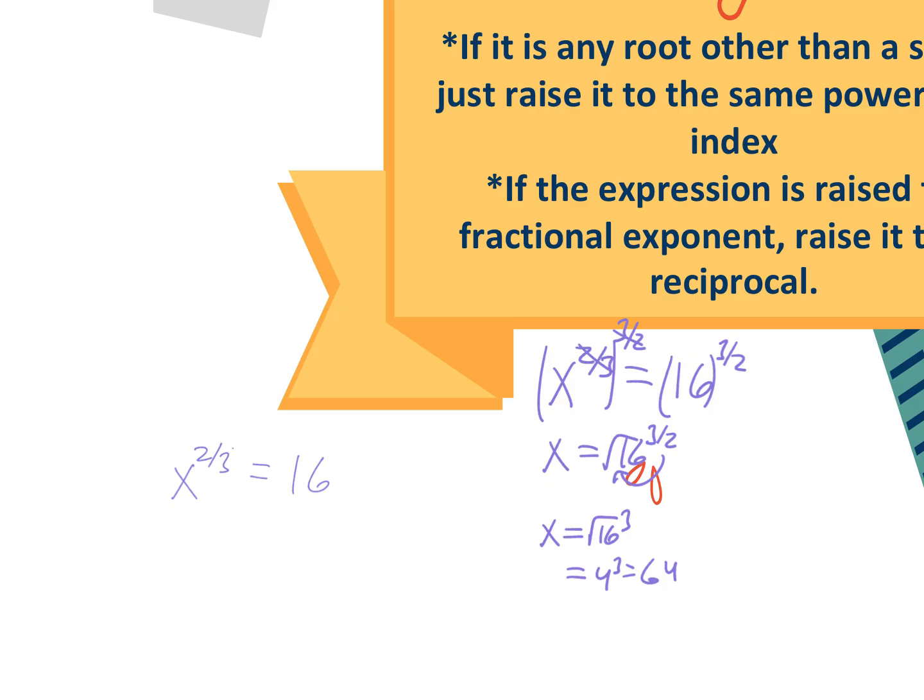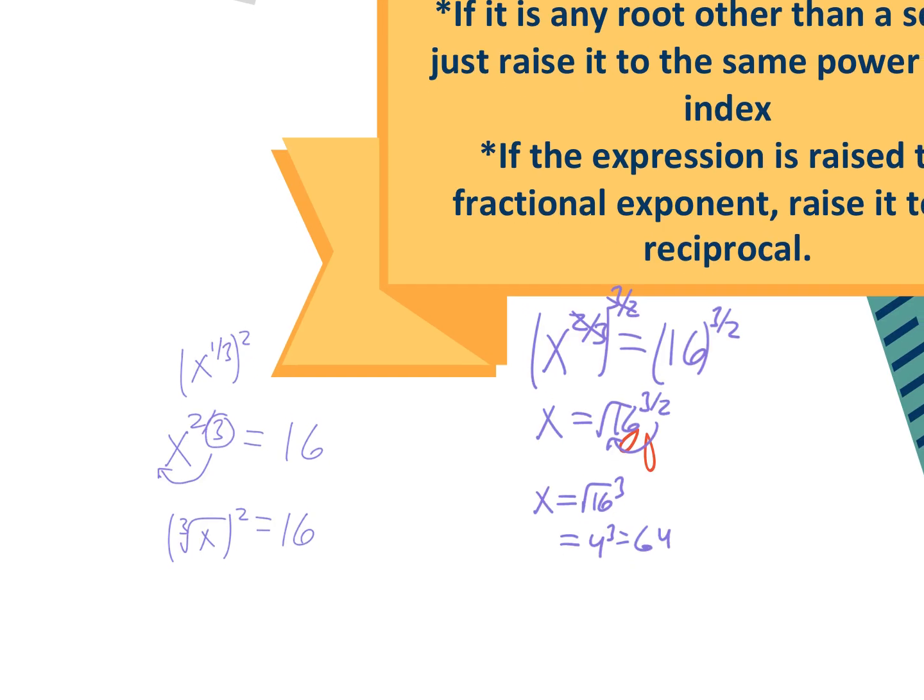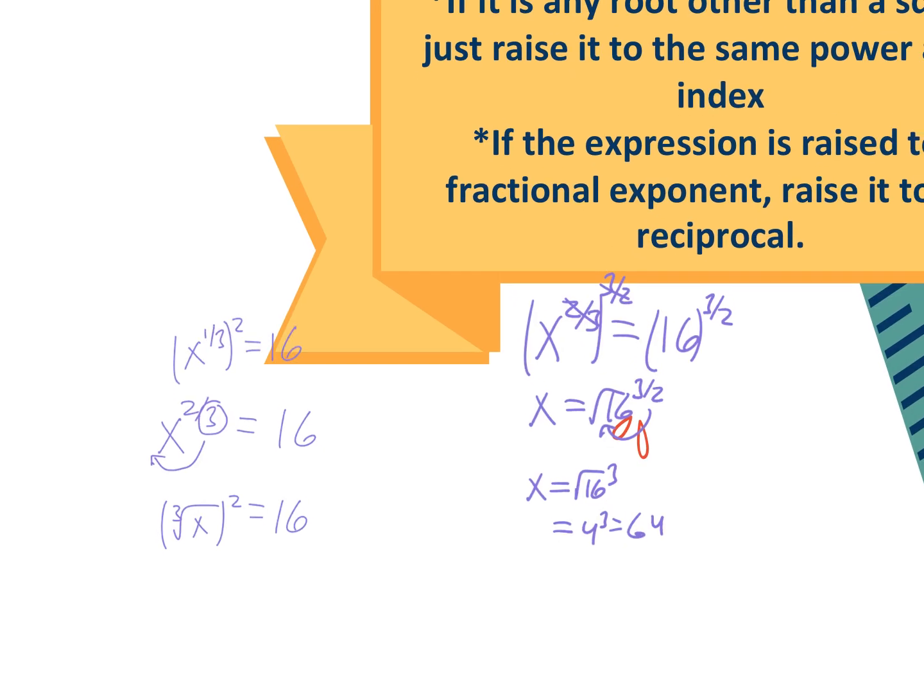So keep in mind, this denominator can be written as the index of our radical. So it's going to be the cube root of x all to the 2nd power equals 16. Or you can think about it like I did in the previous lesson, as x to the 1/3 to the power of 2, right? But either way, no matter how you think about it, right, you're going to have